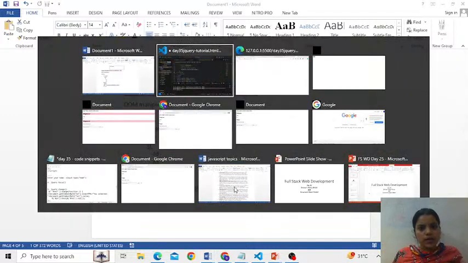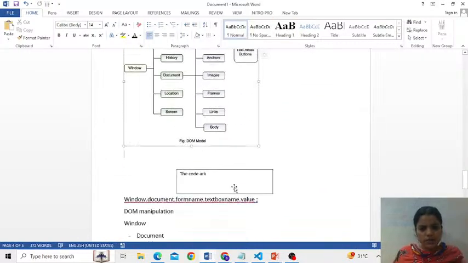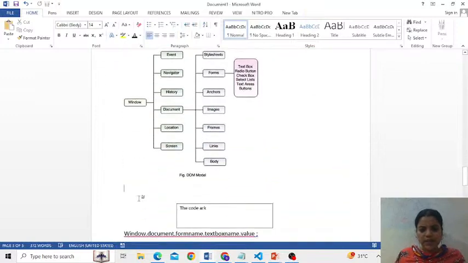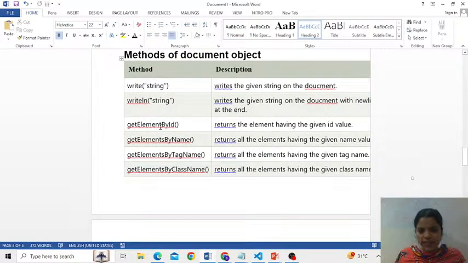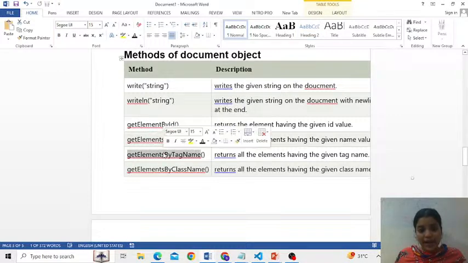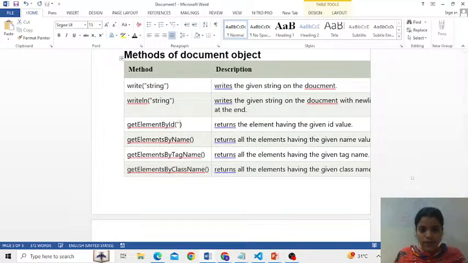Alright, fine. In this Word file also I have written different DOM functions, like document.write, document.writeln, document.getElementById. We have always used getElementById. Document.getElementsByName, getElementsByTagName, getElementsByClassName. Is it okay? That means you can call the element by id also. So here you need to write the id of the element, say t1. Name, for example, if I write the name of the element as paragraph, so all the paragraph tags will be